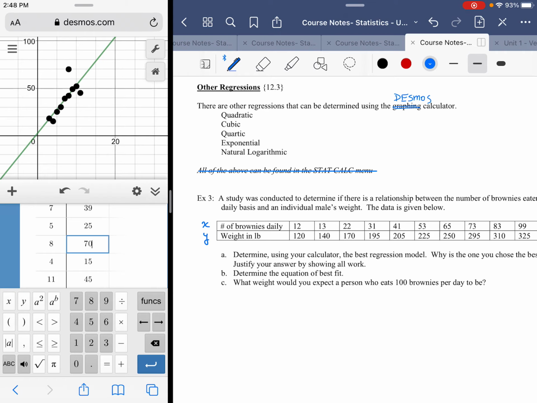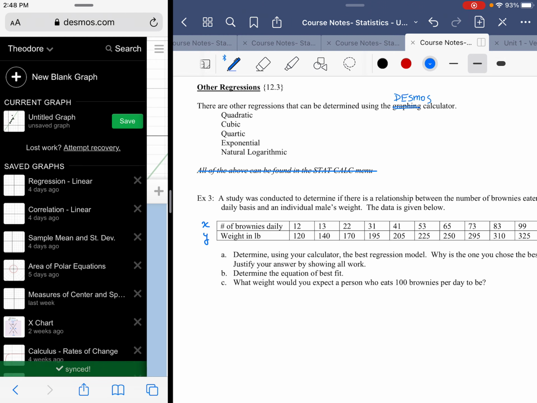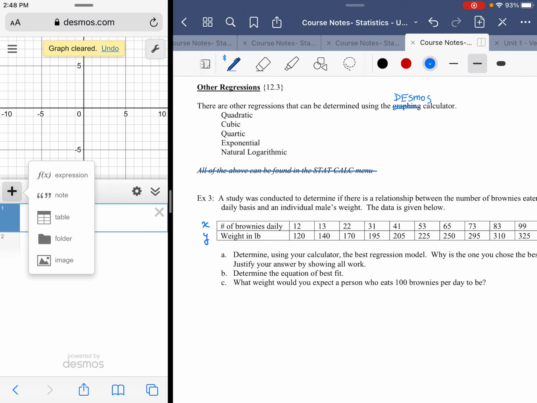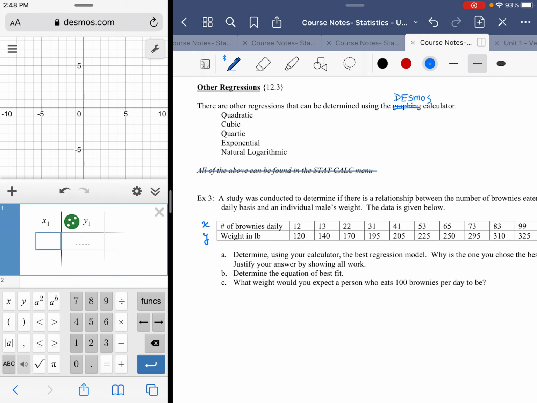All right, so let me get rid of this information here. I got this from another class, a new blank graph. Hit the plus sign to input some data. All right, so table. I'm going to type in my stuff here, 12. Oop, that's not a 13. 13, 22. You see it autofills. I did 12, 13. I wanted to put 14 in, but I said nope. Not consecutive values. Next one is 31,